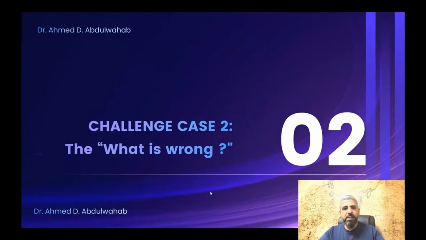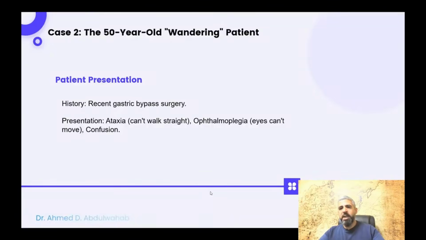Challenge case number 2, what is wrong? What's the history here? This patient is confused, can't walk. He has a classic triad: ataxia, the patient can't walk straight; ophthalmoplegia, the eyes cannot move; and confusion. So we have ataxia, ophthalmoplegia, and confusion, and this patient was just wandering, 50 years old, wandering in the streets. So clue number 1, the